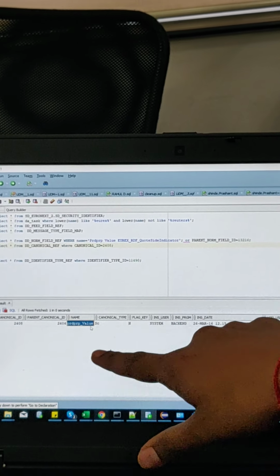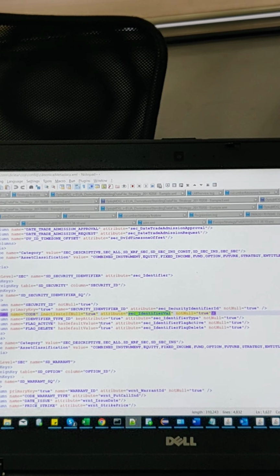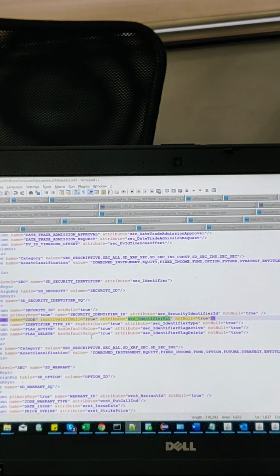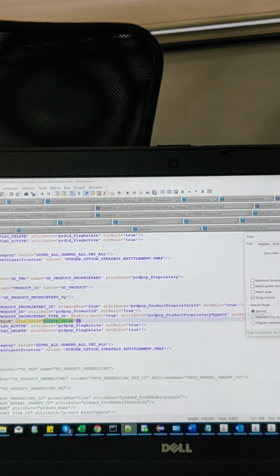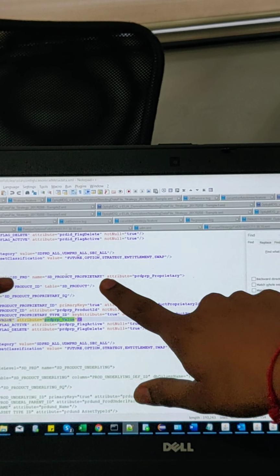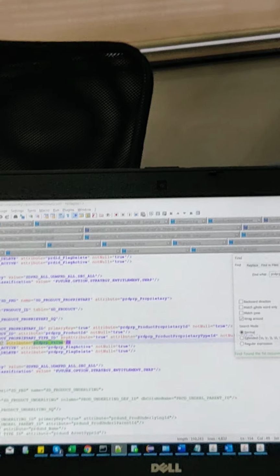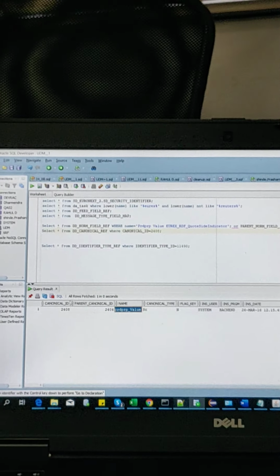Now we go to the config XML. Okay, so it will be persisted in the SD product proprietary table, right? And what would be the identifier type ID for this? If I want to search, what will be the identifier type ID?